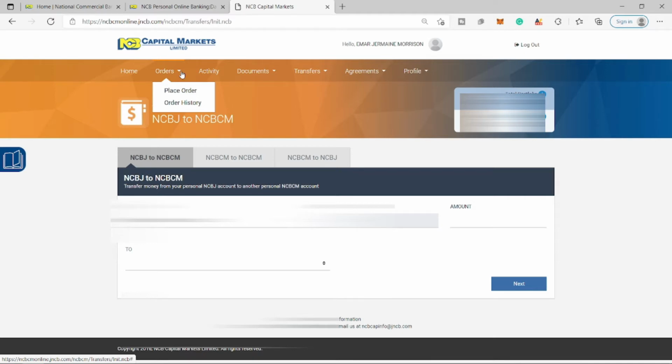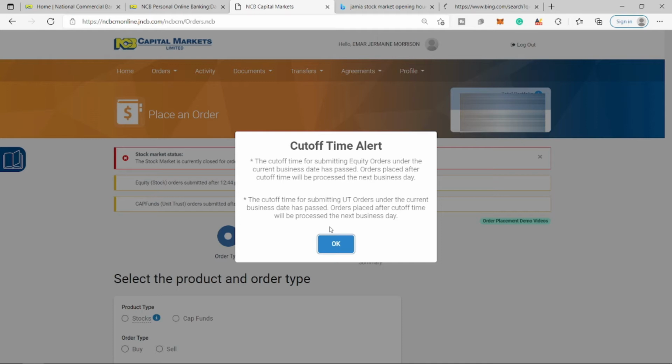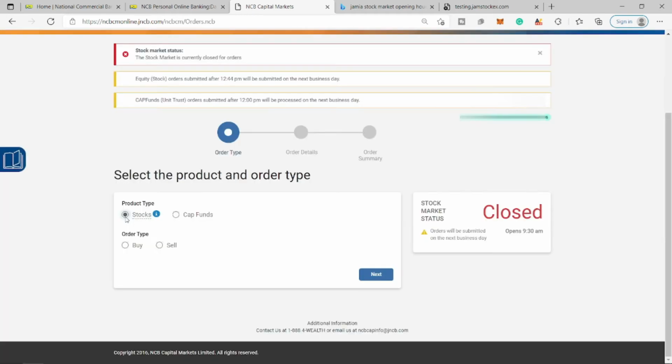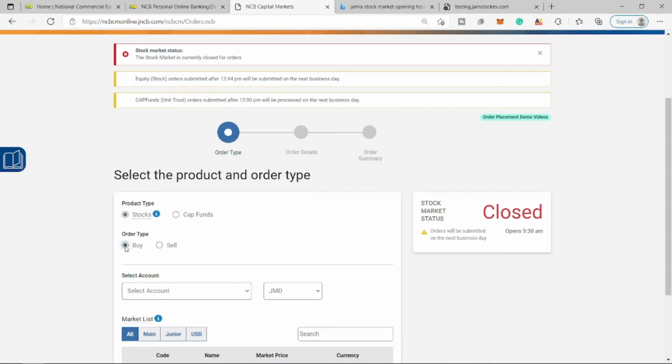So hit the place order menu and from the drop down select place order. So the stock market is currently closed for submitting orders, so it won't be processed until the next business day. So you want to select the product type, which is stocks, and then you're also going to select the order type, which is buy. So if you want to sell a stock, it would be pretty much the opposite. You just hit the sell button, select your account,